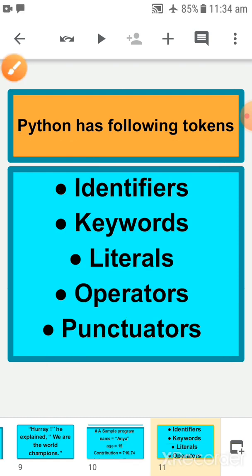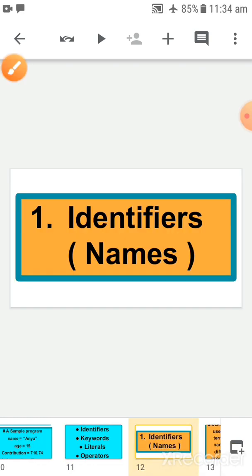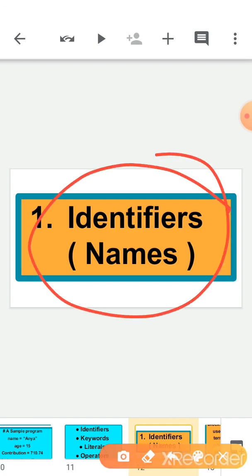Okay, so let's start with identifiers. What are identifiers? Basically, identifiers are the fundamental building blocks of a program and are used as the names given to the different parts of a program, that are variable, object, classes, function, list, dictionary, etc. Children, basically we can say that in Python we have many things, and we are going to discuss each and everything in upcoming videos.